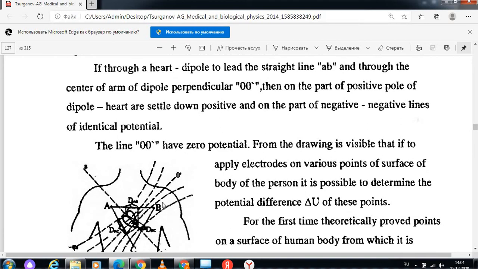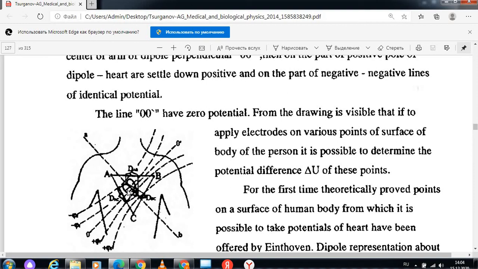If through the heart dipole we lead the straight line AB, and through the center of the dipole a perpendicular 0, 0,